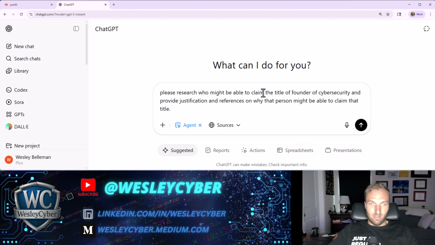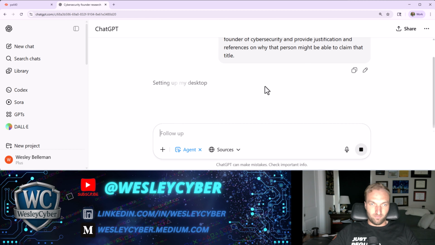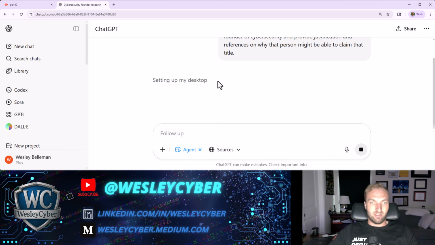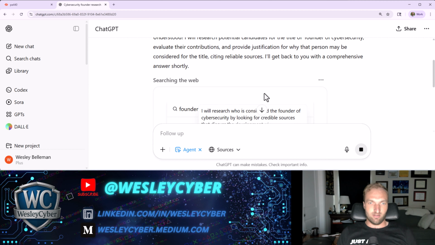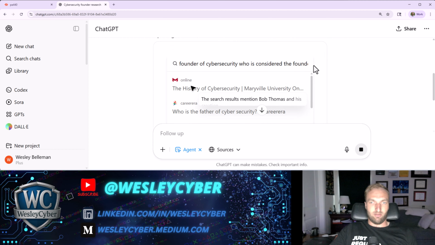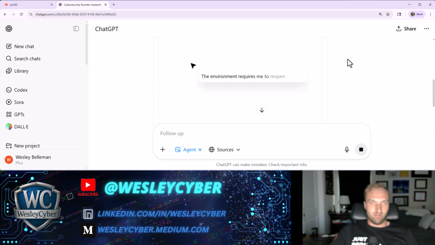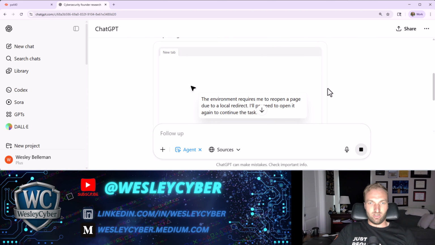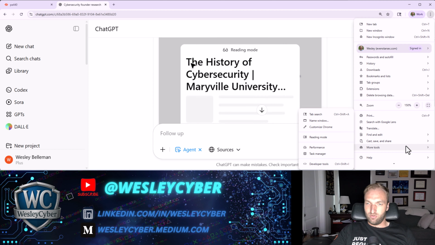Cool. And so the thing that you'll see here is what it's going to do now is it's going to do what it's called setting up its desktop. And the Reddit user, ICANN has Cisco, kind of called this a Windows VM, but it's not really a Windows VM. This is actually kind of like a simulated browser within a browser that allows it to do its research. And if we go here and look at the developer tools,